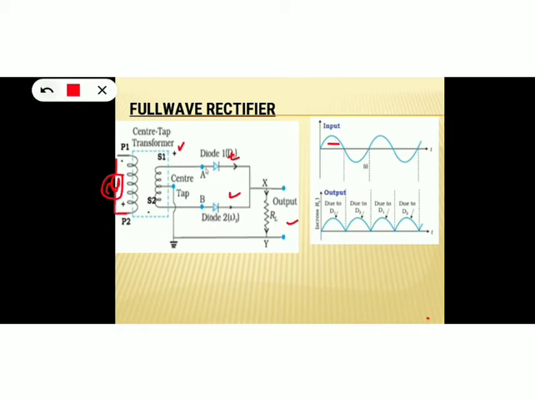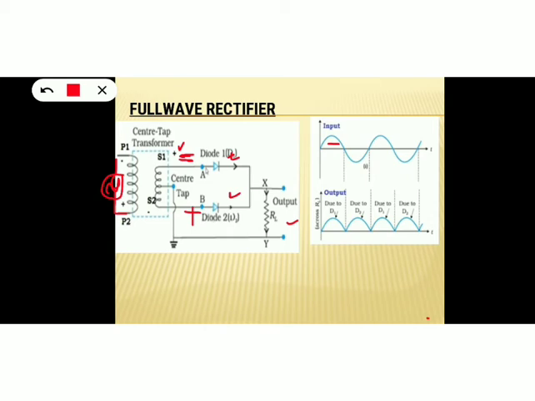During negative half cycle of AC, A will be negative with respect to B. So the point A will be negative and point B will be positive. So here negative voltage is going to the positive of the diode. So D1 is reverse biased. But at the same time, when you look at the diode D2, positive voltage goes to positive of the diode D2. So D2 is forward biased.